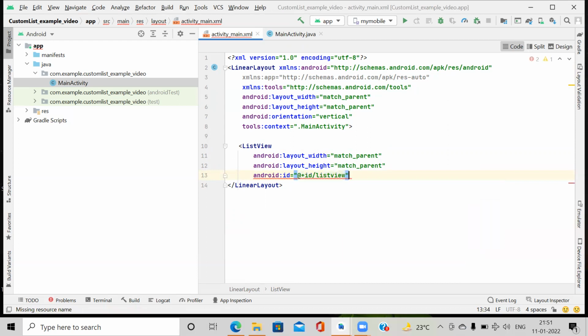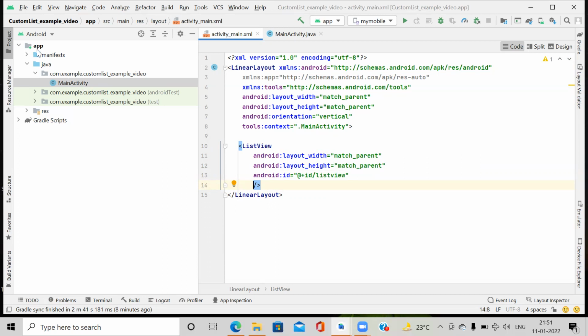We close the list view, and as I told you in the last lecture, in main activity we only create the list view, and for the other items that we want to merge, we create another layout.